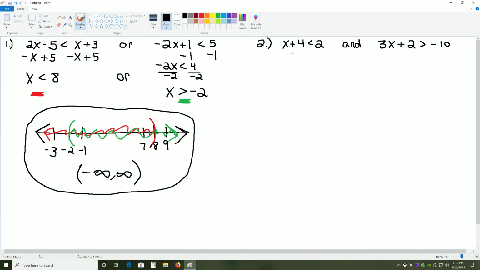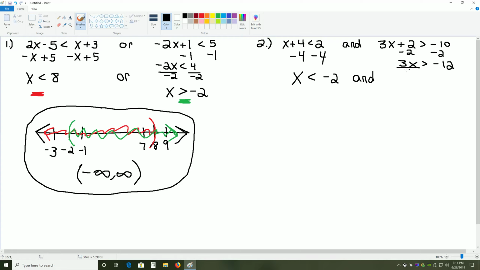So if we start solving for x again, we'll subtract 4 from each side to get x is less than -2, and over here to get x alone, we'll start by subtracting 2 from each side to get 3x is greater than -12,